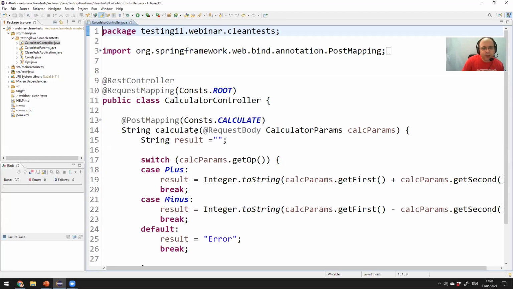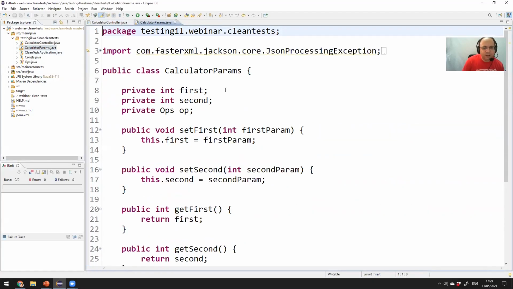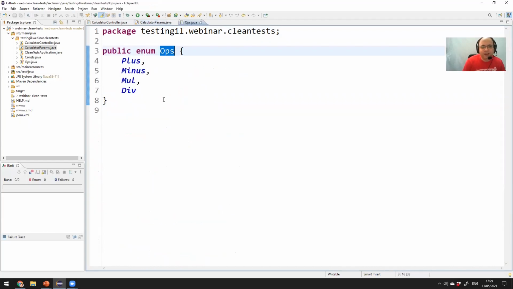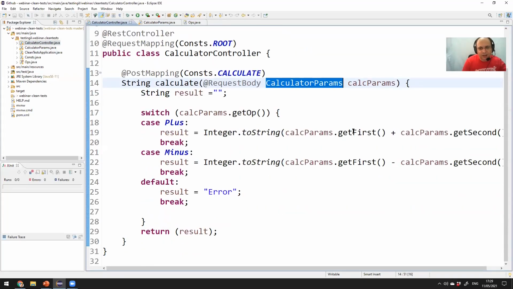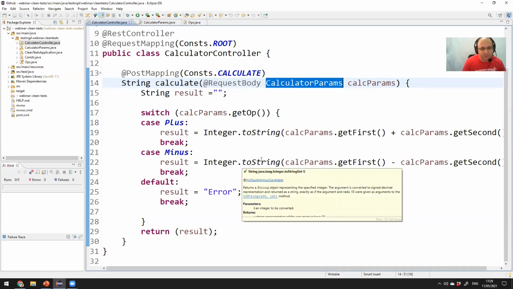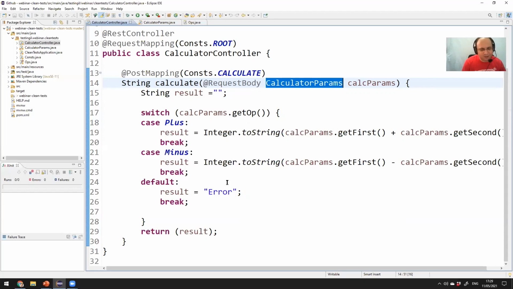What do we have here? We have a controller with an API called calculate. It gets a body in the form of JSON called calculator params. Calculator params has basically three arguments: first, second, and operation. The operations are, of course, plus, minus, mul, and div. And our calculator, basically what it does, it takes the sum of the first and the second arguments and turns it into a string and returns it. The minus subtracts them, and everything else returns an error. Not great code, I know, but we're going to talk about tests today. Actually, this is great if we compare it to the tests. So